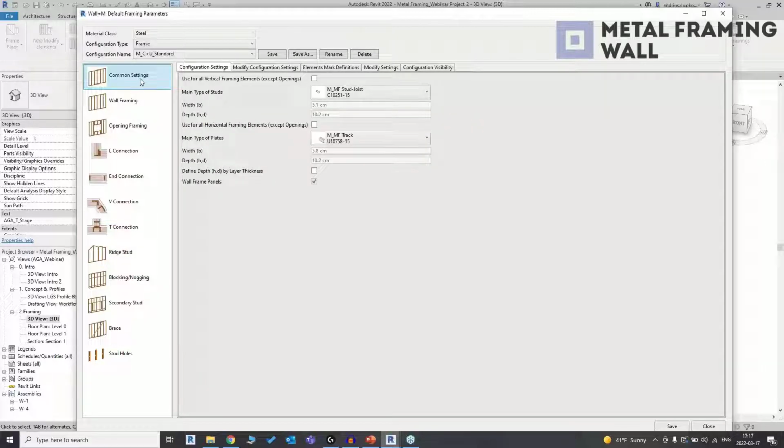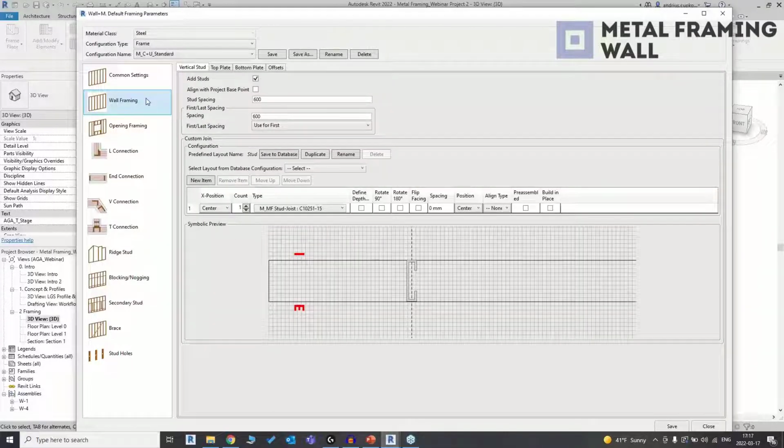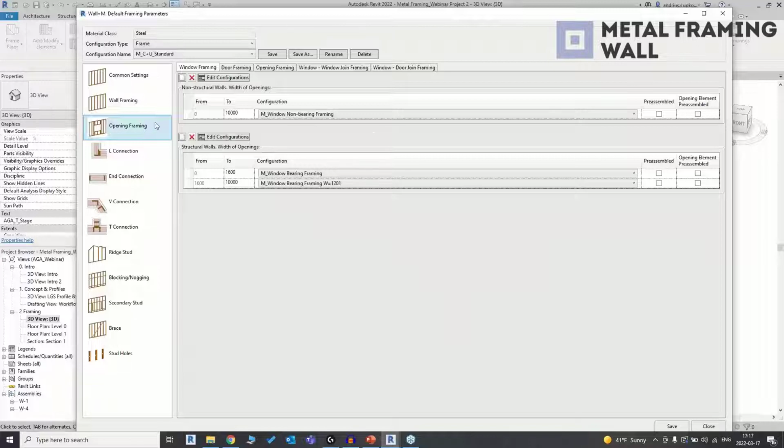So at the top we have common settings. These are the general settings. And then we have wall framing, where you can modify settings for vertical studs, top and bottom plates. Then we have opening framing. So as I already said, for example, if you include openings in structural walls, like we did, windows that are narrower than 1600 millimeters would have this configuration, and windows that are wider than 1600 millimeters will have this configuration. By the way, if you are using the Imperial system, we also have a version for Imperial